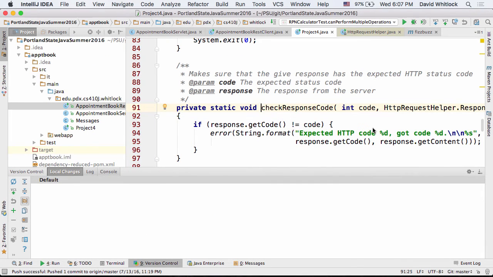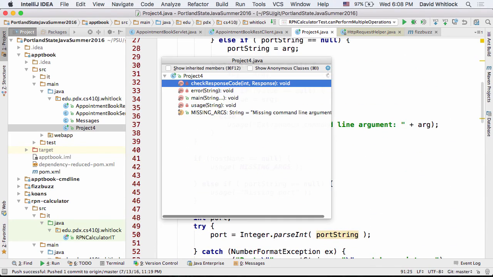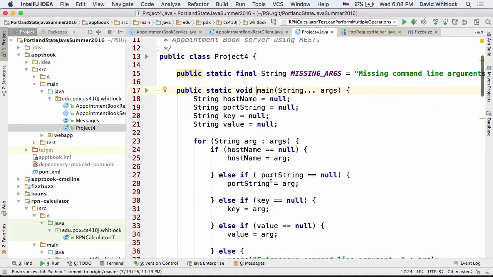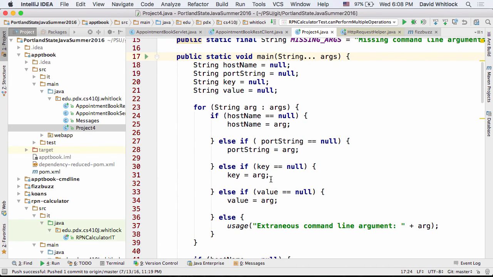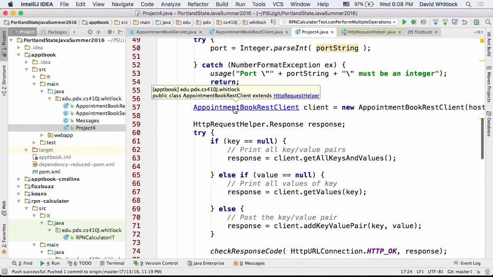Okie dokie. So here I am in my project 4. I've got all these pieces and parts. Let's quickly review where we're at. We'll go front to back. We start with this project 4 class, which has the main method. It parses the command line, a pretty simple thing where you put key value pairs on it, and then uses this appointment book REST client